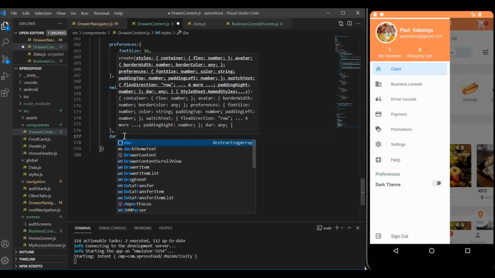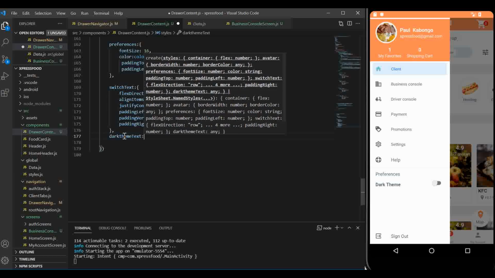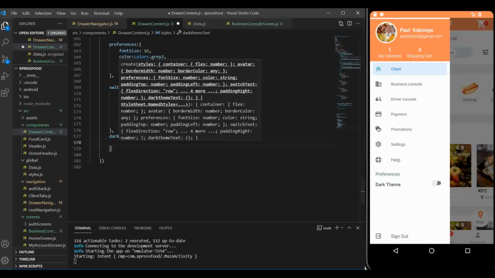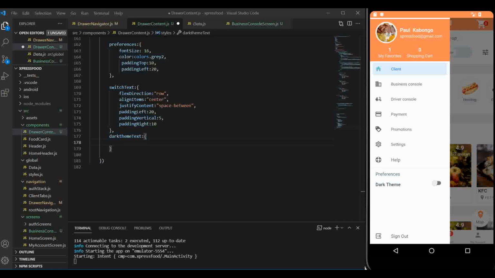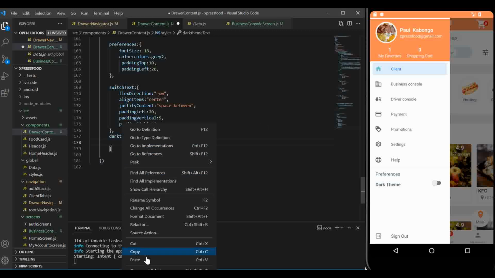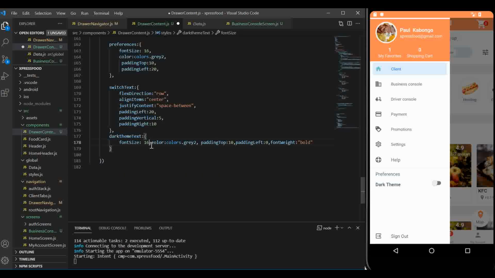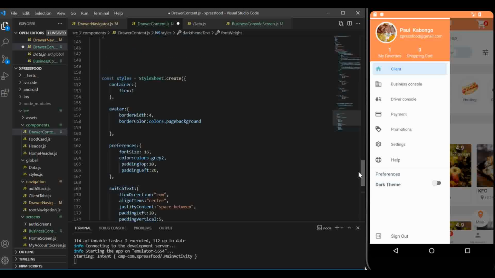Dark theme text. Paste that here. You can pause the video and type these styles,